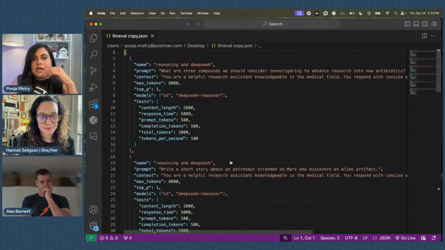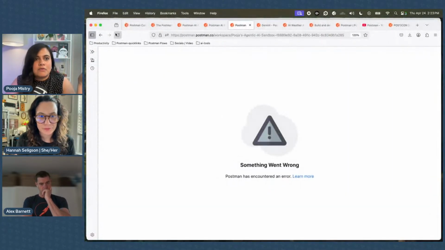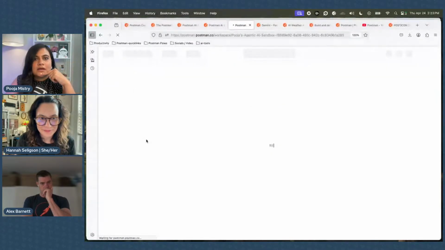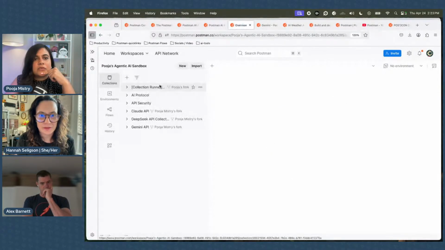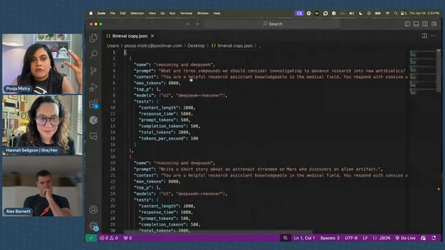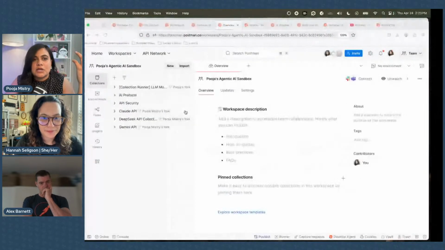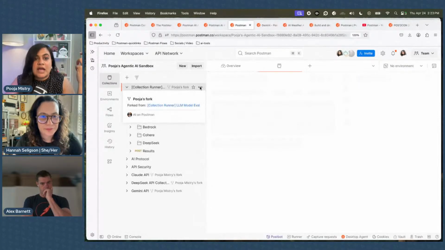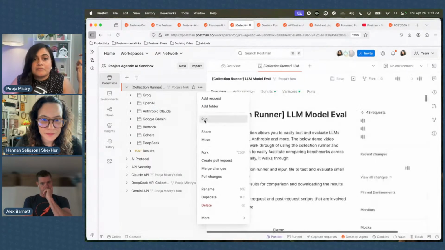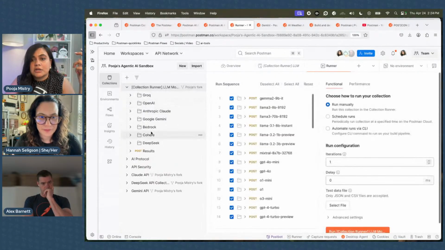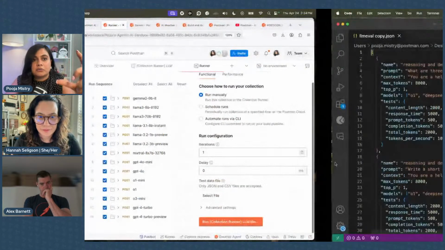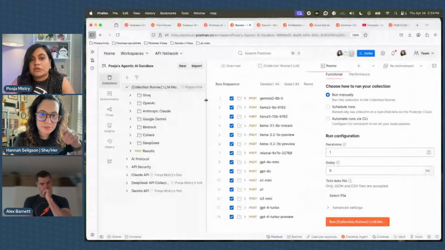If you wanted to evaluate multiple prompts against multiple different APIs or LLM models, what went wrong? All right, I just have to refresh, hopefully. If you wanted to evaluate multiple different prompts against multiple different models, this is a really great way to evaluate for performance. To do that, you can go ahead and run this particular collection against a JSON file with all of these prompts.